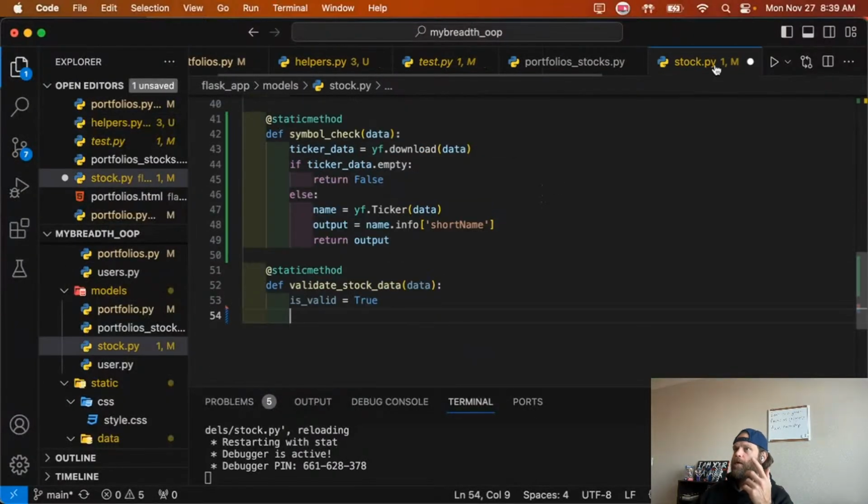So that's what I'm just trying to avoid here. I wasn't using an OOP setup before, so this worked fine. But if I'm trying to keep it a little bit cleaner,